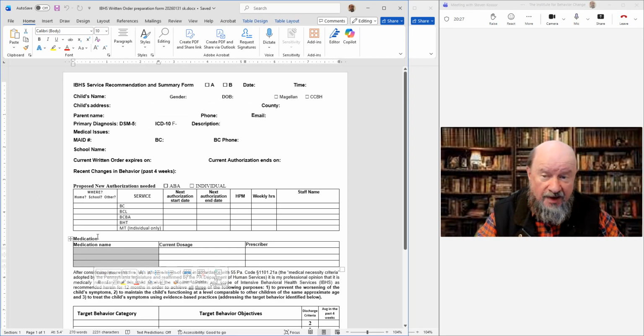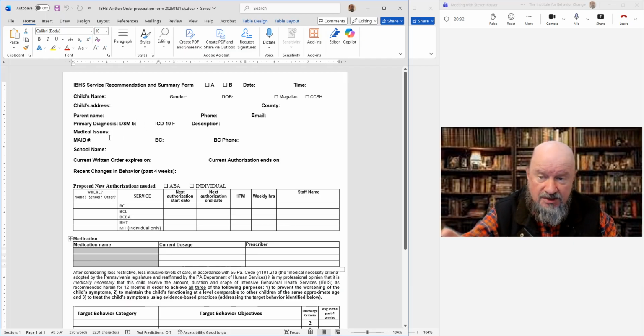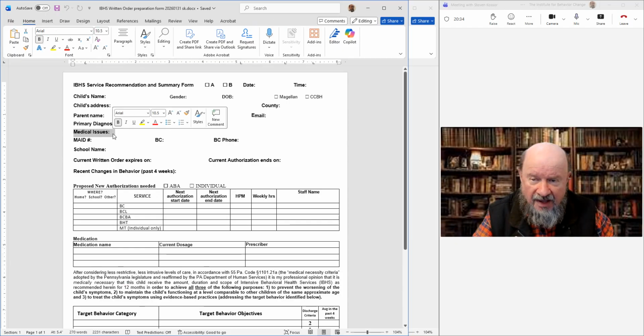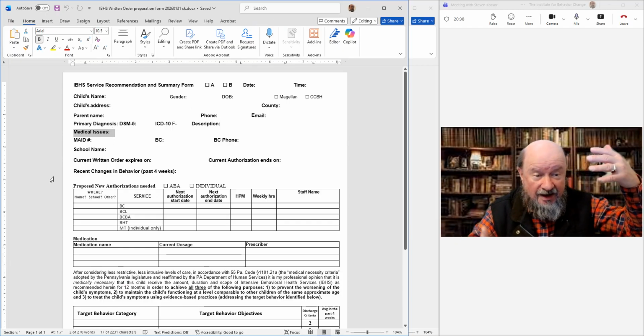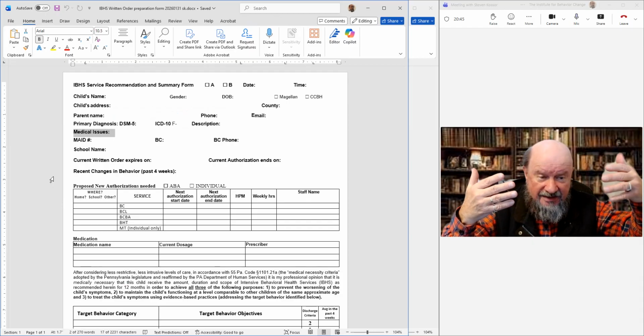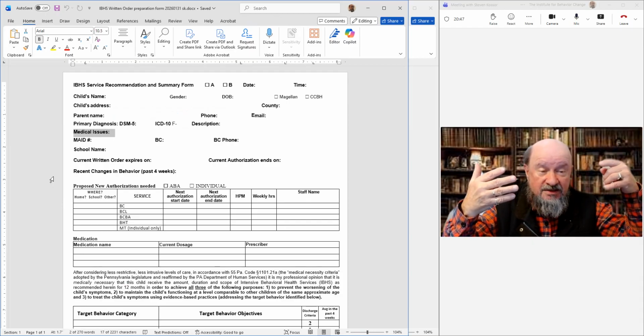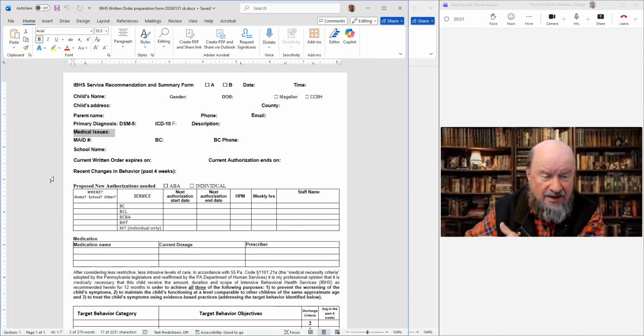And the way you repair that is not to add another, a second, a third, a fourth diagnosis. Add it in medical issues that will be reported to reconcile the fact that the kid's getting hyperactivity treatment medicine, not for ASD, but for his hyperactivity symptoms that are identified outside of the diagnostic